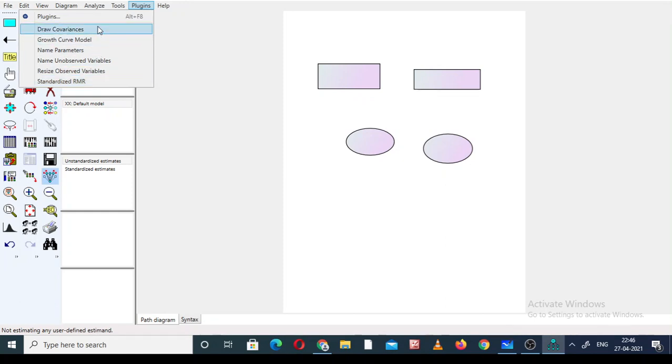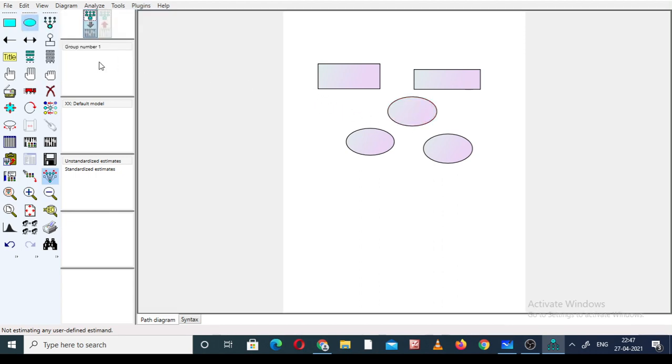So these are the 1, 2, 3, 4, 5, 6 that are here. We can insert many more, and what the use of all these is we will discuss in the next video. Before starting to work in AMOS, we have to know how to add and use all these plugins. So plugins are a very important part. We will definitely discuss this.